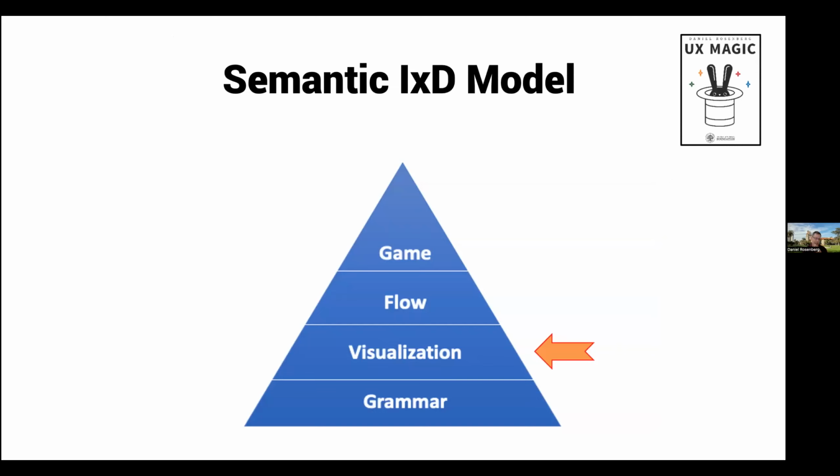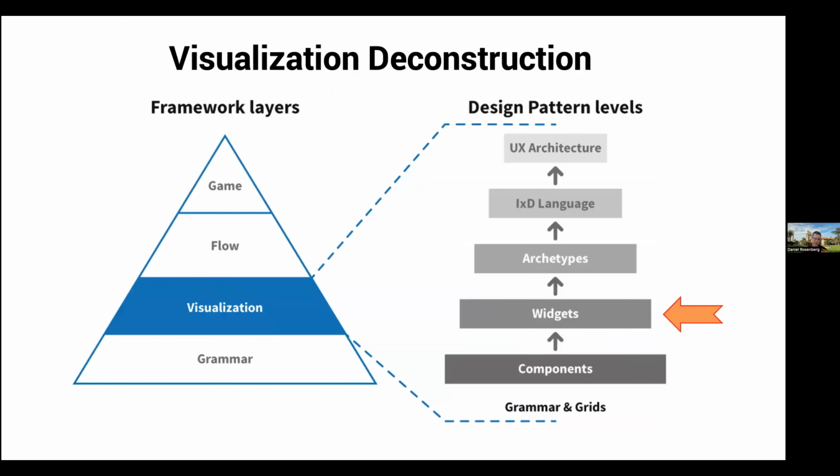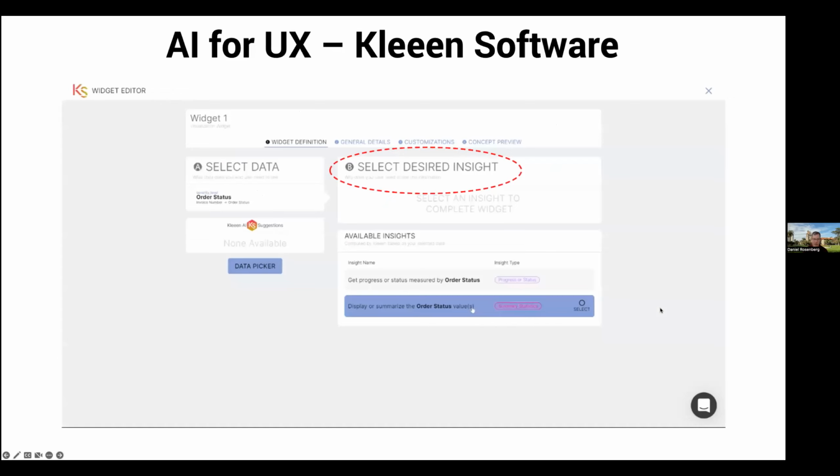Then if you apply the logic in the UX Magic book and look at the visualization layer, we have raw components like buttons, we have different kinds of widgets like forms, and we have page archetypes. An archetype would be a dashboard versus a social feed pattern like Facebook, and a bunch of other elements. But fundamentally, I'm going to just show you a little bit about widgets. So you can go in and work with the AI to build widgets.